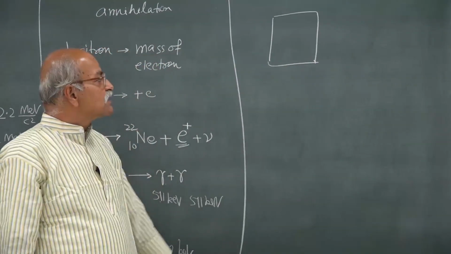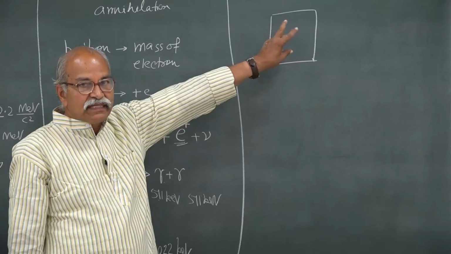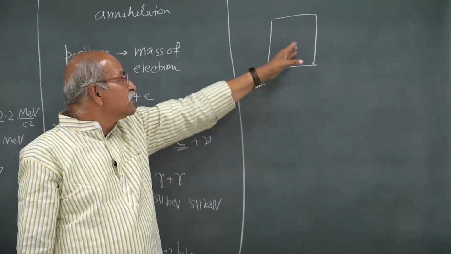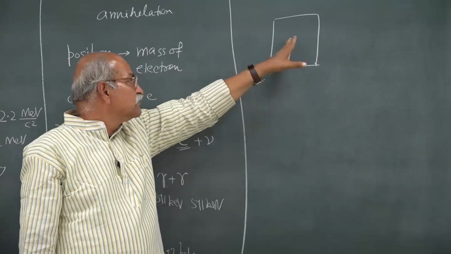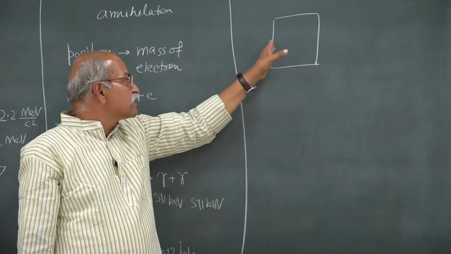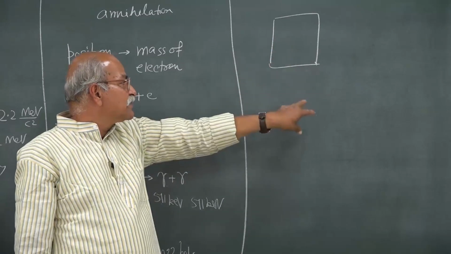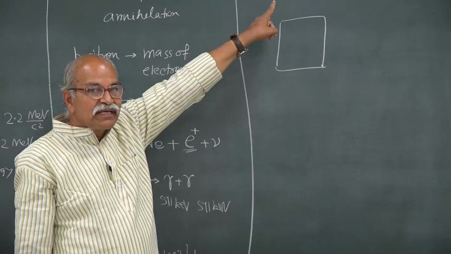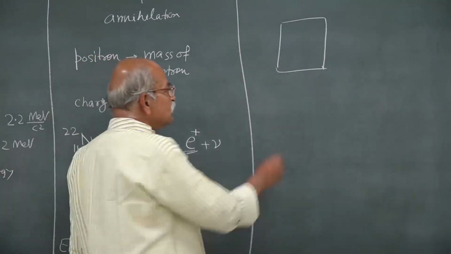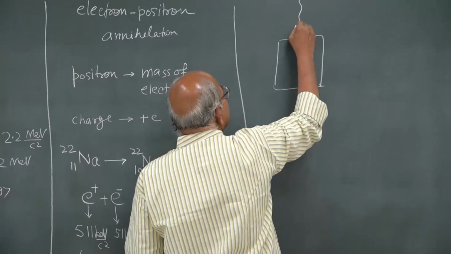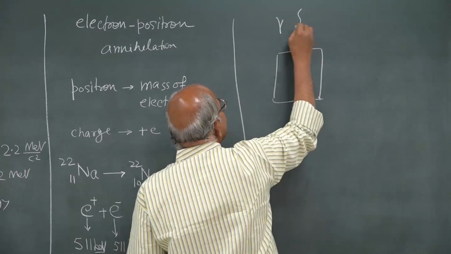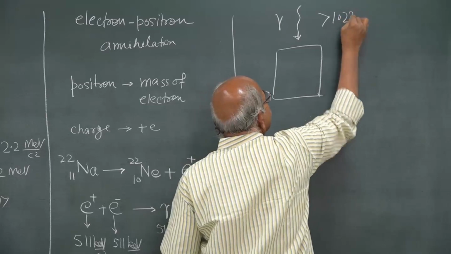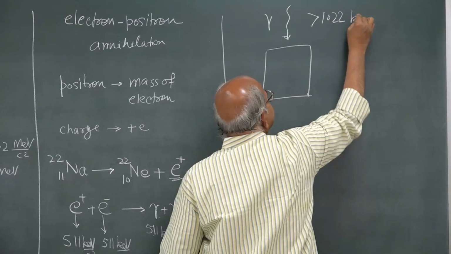In nuclear physics laboratories they generally have detectors, varieties of detectors, solid ones, where a gamma ray comes in, and there is some process by which it loses energy and that is trapped, and from there we know what was the energy of the original gamma ray. So, if you have this kind of detector and a gamma ray comes in with energy greater than this 1022 keV,